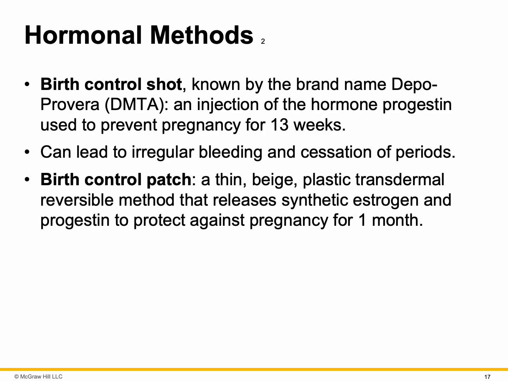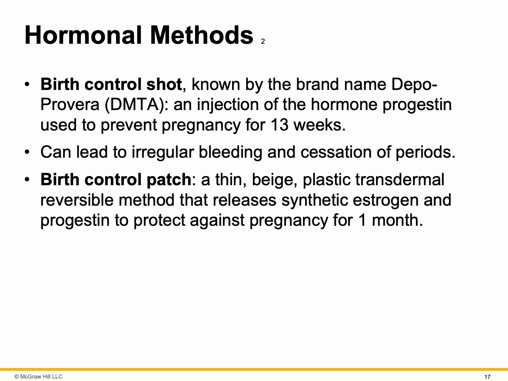Okay, so while the pill is the most common form of oral contraceptives, there are other types. One of those other types is the birth control shot, known as the brand name Depo-Provera. This is an injection of the hormone progestin used to prevent pregnancy for 13 weeks. Similar to the pill, the shot works in part by thickening the cervical mucus, which keeps sperm from reaching the